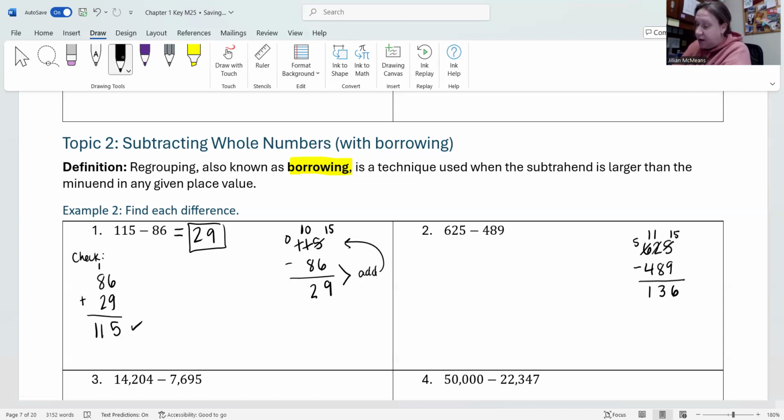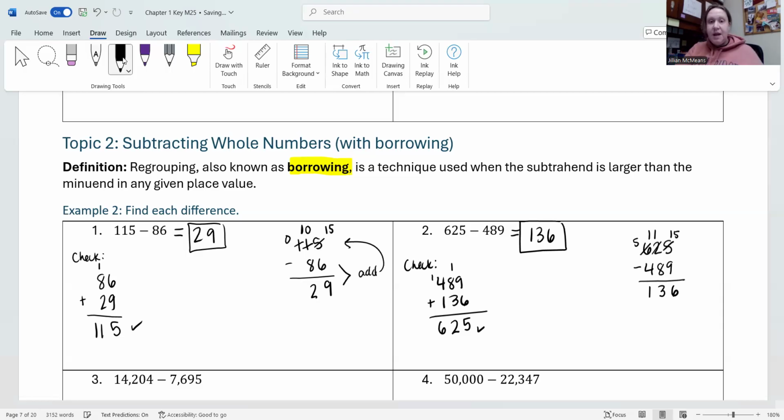So let's check our work again just to make sure we're good. So we have 489 plus 136. Adding column by column, 9 plus 6 is 15. So I keep a 5, I carry a 1. 8 plus 3 is 11, plus the 1 we carried is 12. So I keep a 2 and then I carry a 1. 4 plus 1 is 5, but don't forget we carried a 1, making that a 6. So everything checks out. So we would say the difference between 625 and 489 is